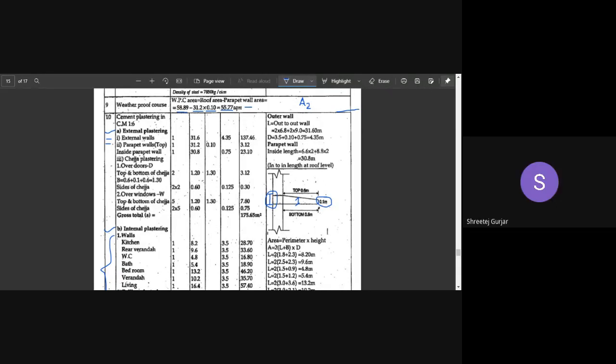Sir, the PDF, the group, the solution? Yes, I will share all of these PDFs in the group once I am done with the example. Once I am done with this example, I will definitely share this PDF with you so that you can practice.